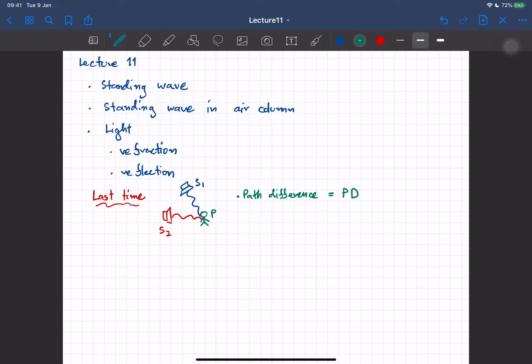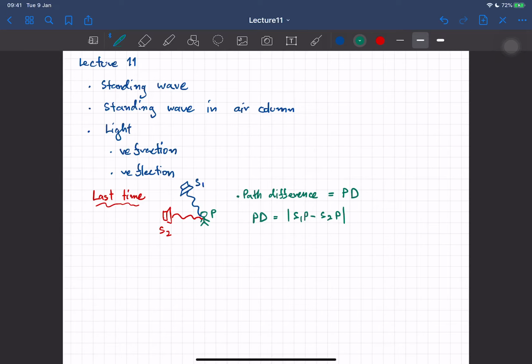And path difference is defined to be the difference in the distance from S1 to P and S2 to P. Okay, it's a distance. Again, it's not like vector subtraction or vector addition or something like that. It's the distance, so you don't need to worry about the direction of the